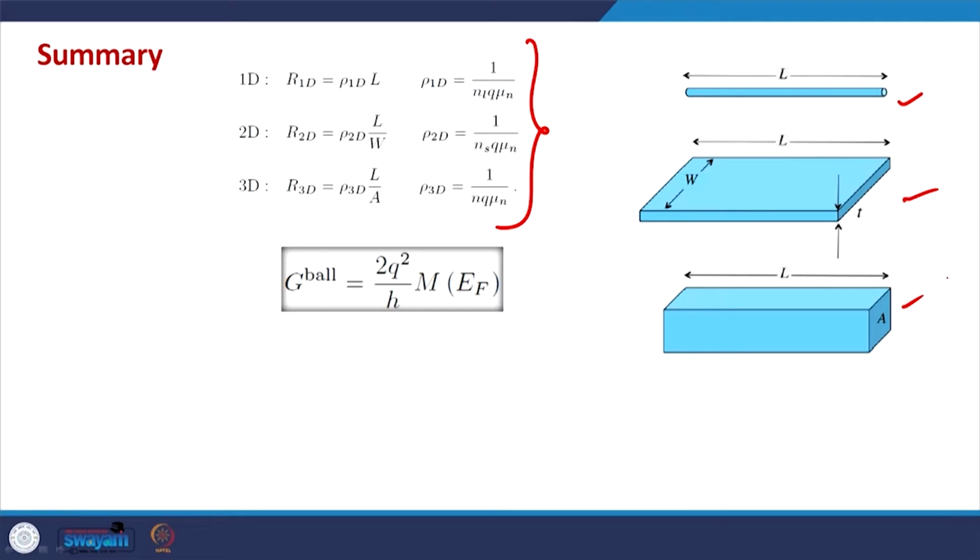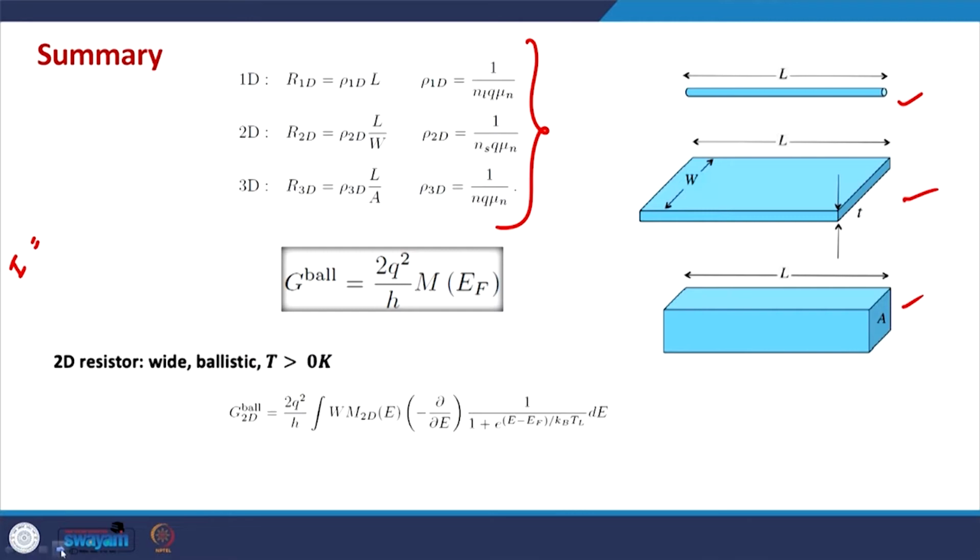And in the last few classes, the emphasis has been on the point that the starting point for these kinds of discussions should be this expression, the expression for the conductance from the ballistic transport case. So we should start the discussion with this expression, 2q square by h Te Me